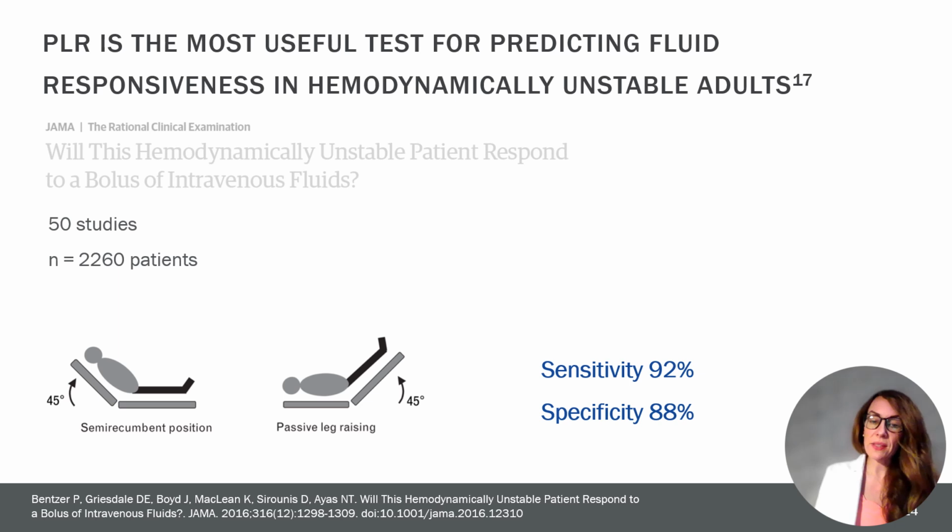Now, if you cannot do a passive leg raise for any reason, you can mimic the intrinsic bolus by giving an extrinsic bolus. So what you'll want to do, and these amounts are just from the literature, you would want to give 250 cc's in 5 minutes or less. Again, you want to challenge that heart with fluid and observe the heart's response to the fluid. You want to interrogate that Frank-Starling mechanism of the heart. And the only way to do that is to give a little fluid really fast. So 250 cc's has to get in the heart in 5 minutes or less, or 500 cc's in 10 minutes